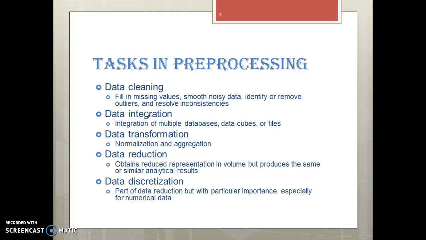So for pre-processing, there are major tasks involved. They are data cleaning, integration, transformation, reduction and discretization. Data cleaning is, in a particular data set, you may get missing values. Some noise may be there in the data, or the data may be inconsistent. So to solve these problems, the data has to be cleaned initially, and after that